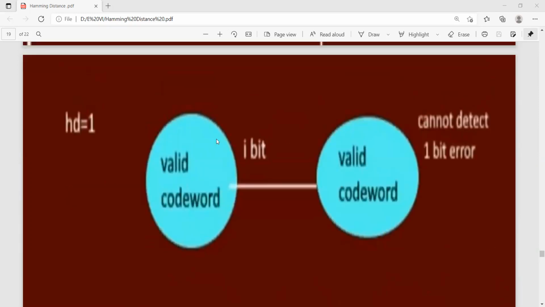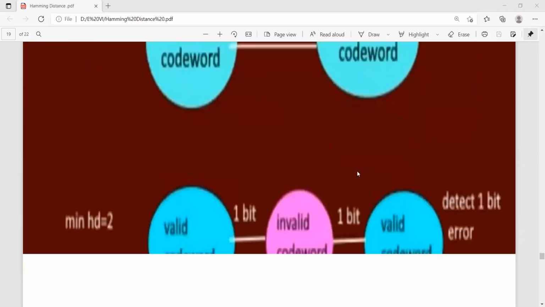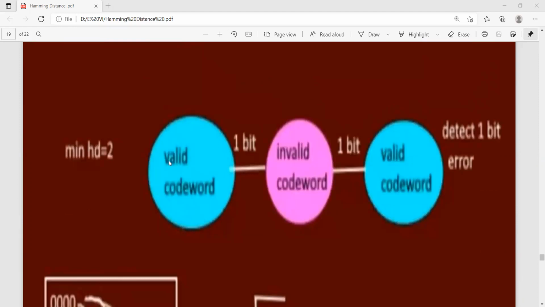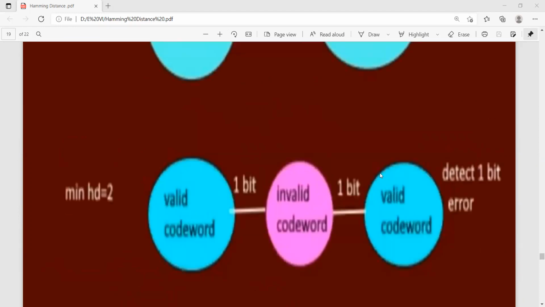So this is a 1-bit error. Directly it is becoming this. For example, if it is a 2-bit error, with 1 bit we get one type of code, and with another bit we get another type of code. So detect a 1-bit error in this manner.